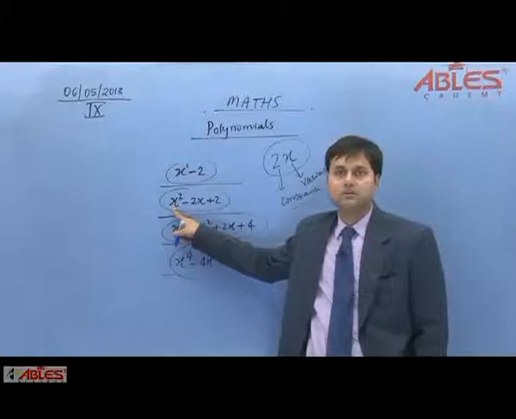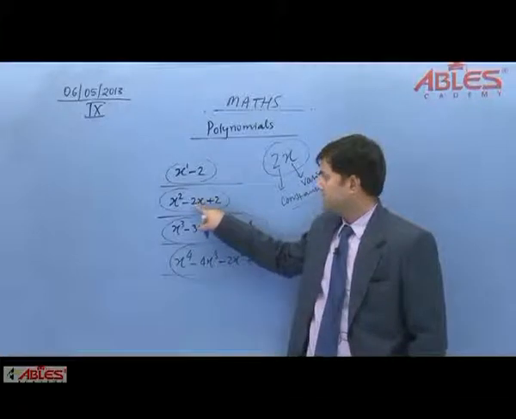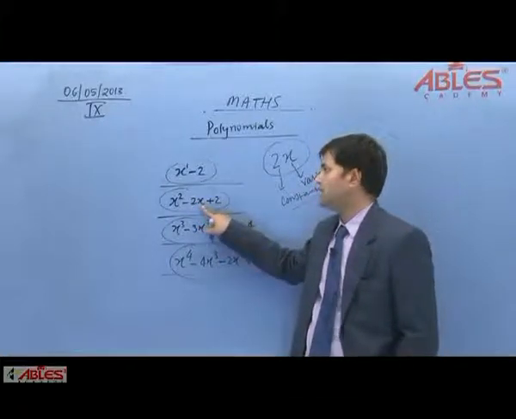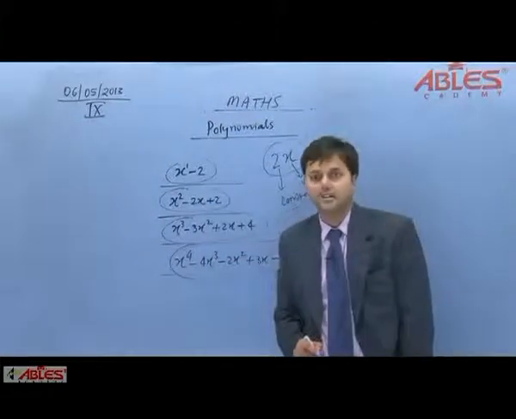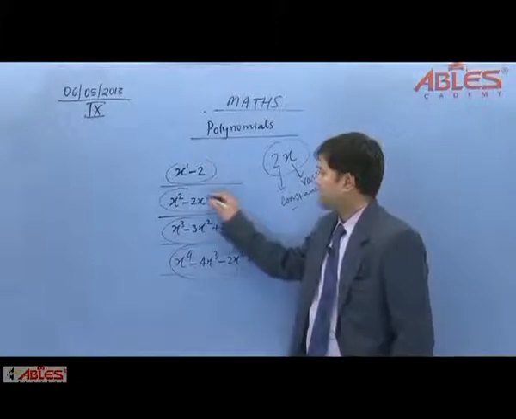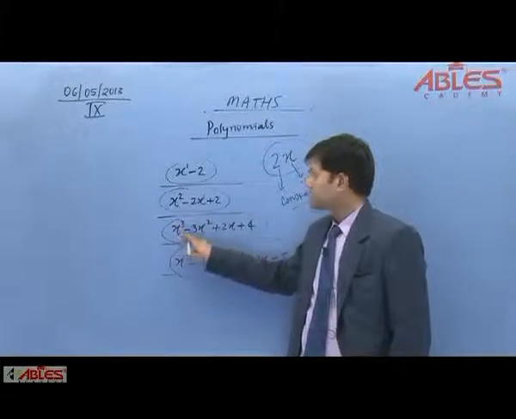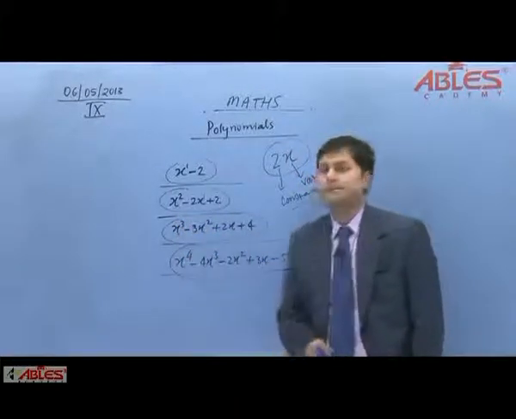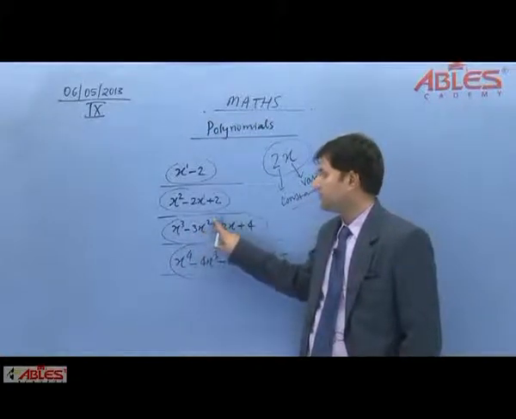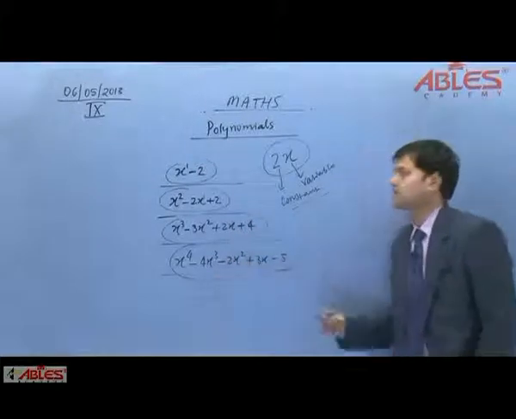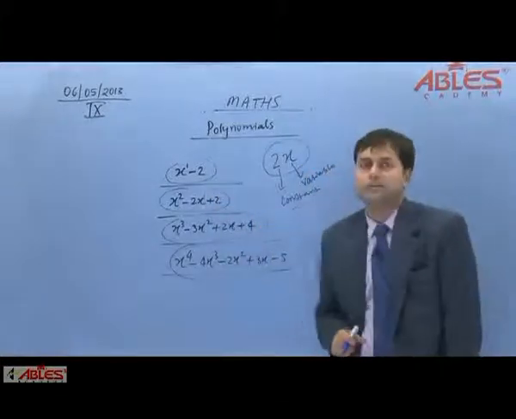2. Fine. In 2x, 2 is the constant and x is the variable. What power do we get on x this time? The power of x is 1. Similarly, in the next we have x cube, so the power of x is 3. In the same polynomial we get power of x as 2, as 1, and so on, in the fourth one also. These combinations are known as polynomials.